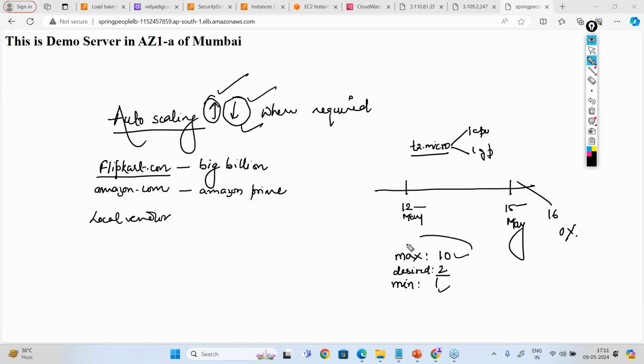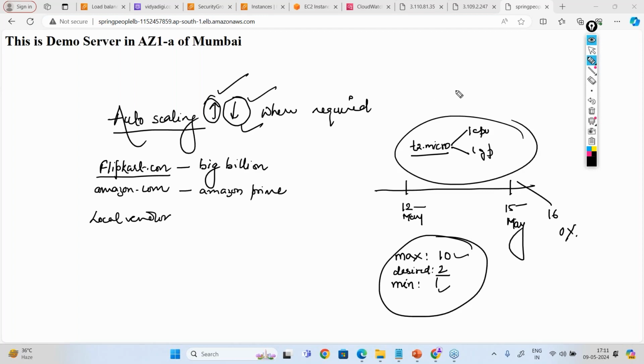Exactly. So here I will define the value, and here also I will define the value. And how will I define it? I'll be creating a launch template. So please make a note of it. In the launch template, I'll be specifying everything. What will be my server type? What will be the operating system of my server?